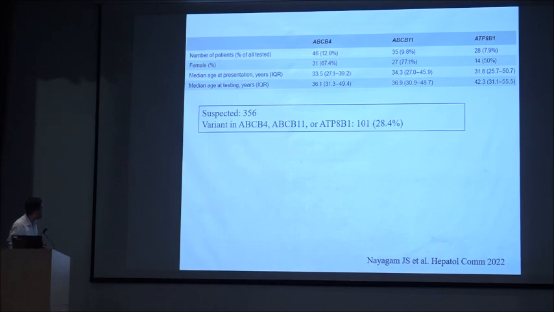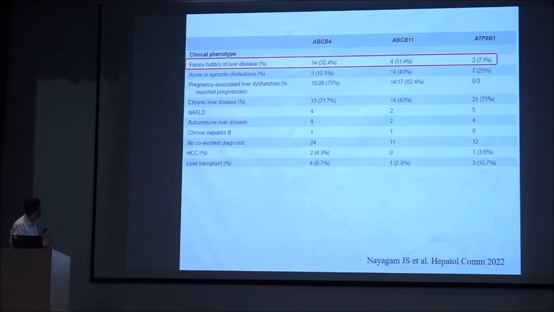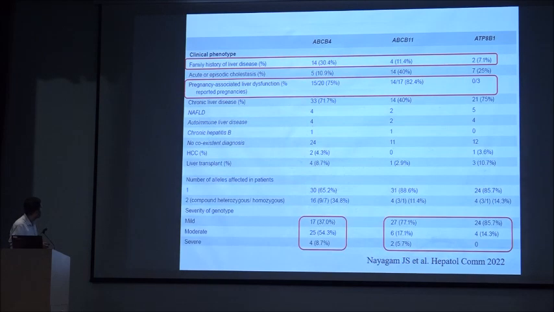A recent study in adults, with 356 patients with suspected cholestatic disorders, evaluated them by genetic and whole exome sequencing, and the yield rate was 29%. So if you carefully select the cholestatic patients and then do a whole exome analysis, the yield can be as high as 29%. Among other things to note in this study was,